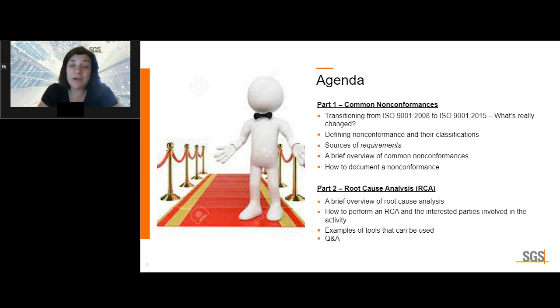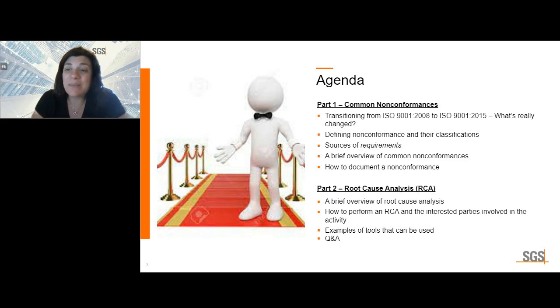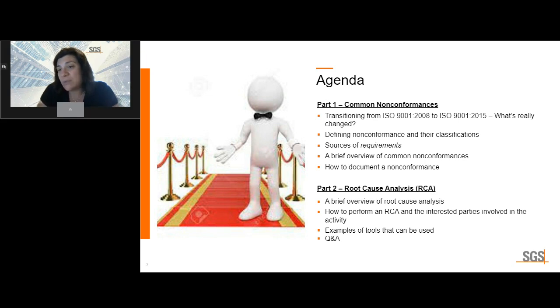And how to document a nonconformance. And as an auditor, I can honestly say this happens to be the caveat, and it happens to be the pain point of most organizations. So I'll give you some pointers on what to do, what to watch out for, how you can better navigate